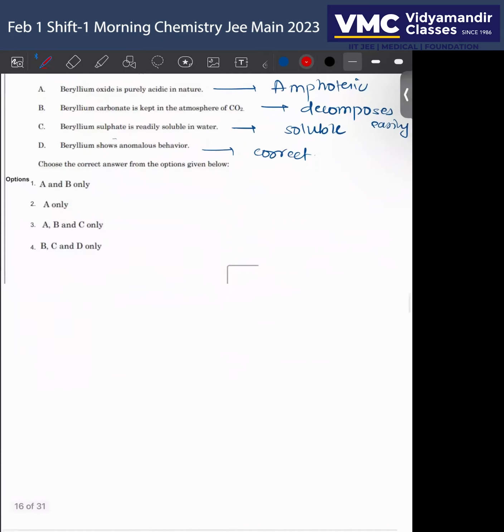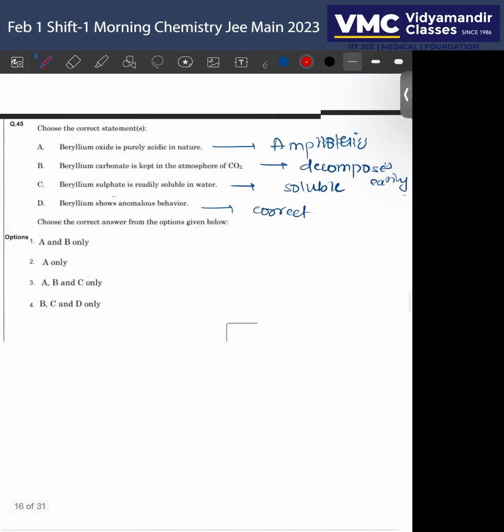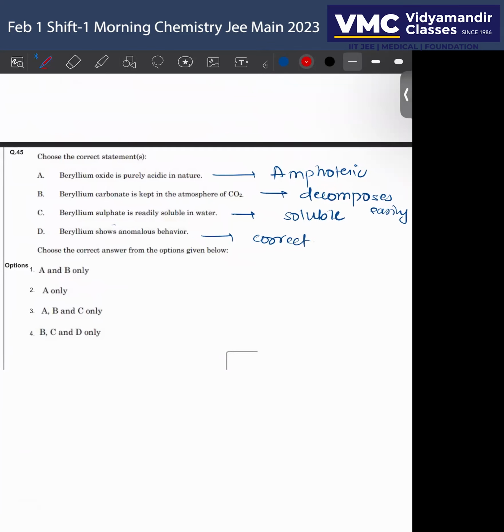Question number 45 says that you have to mark the correct statement among the same. Beryllium oxide is purely acidic. It is not true. Beryllium oxide is amphoteric in nature. Beryllium carbonate is kept in atmosphere of CO2. Yeah, it is correct, because beryllium carbonate is